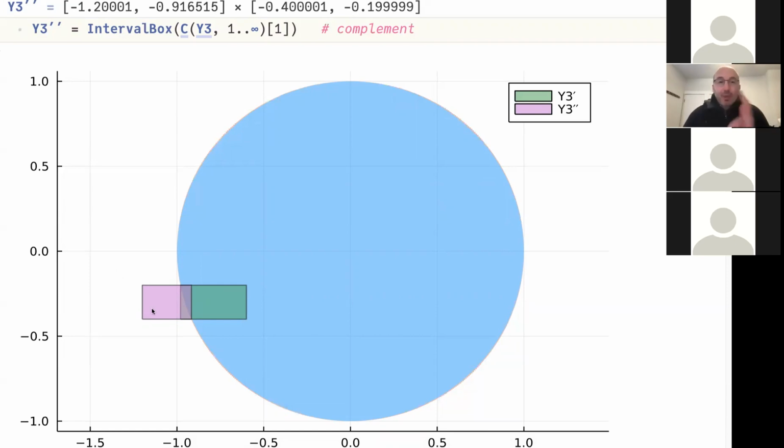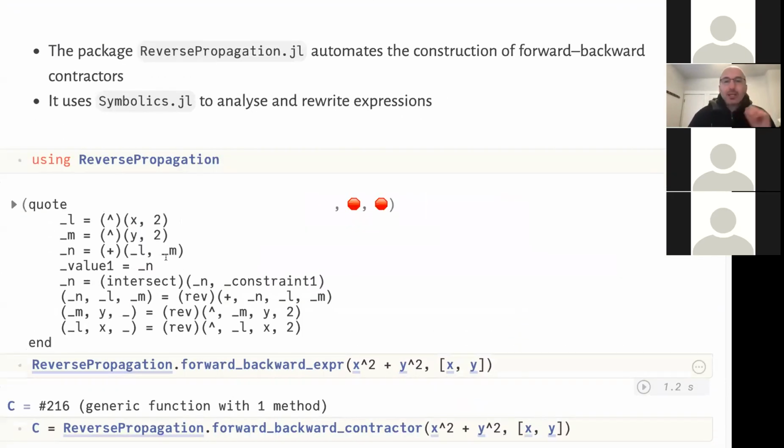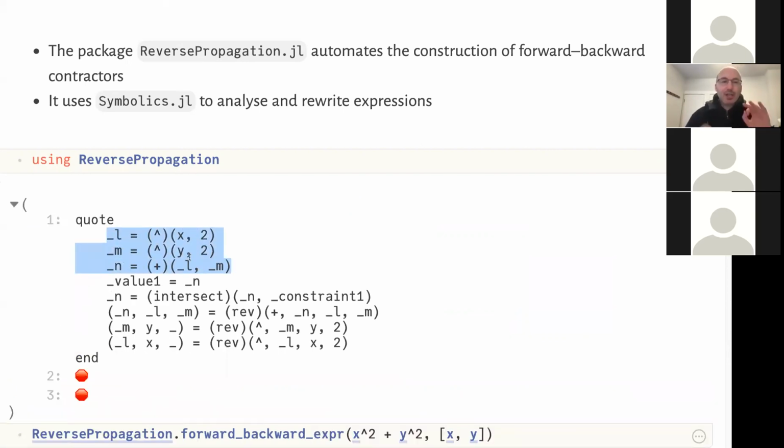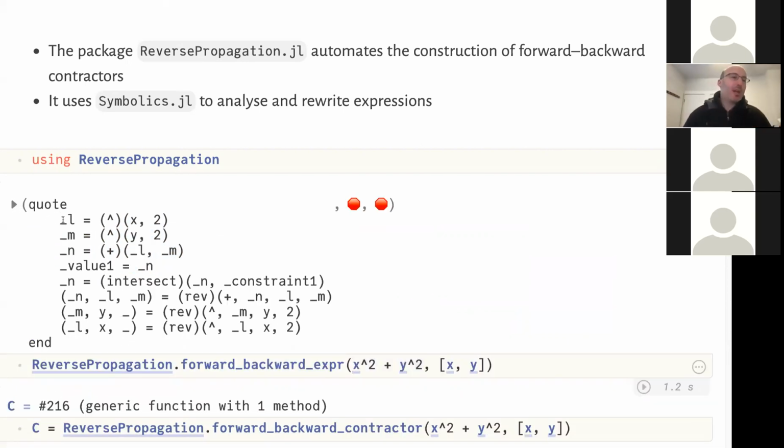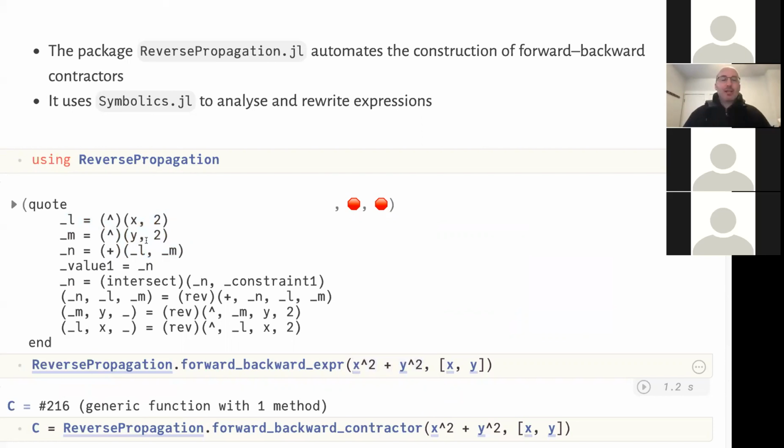And so where do these contractors come from? They come from, as I said, the expression, right? So here's the expression that I'm looking at, x squared plus y squared. And what I'm doing is taking it apart and putting it back together again. So I can think of the expression tree or computational graph of this function. And at each node of that tree, I'm going to create a new variable. Here are the variables. So this is actually generated Julia code. This is one of the great things about Julia, is that I can generate code in a relatively easy way. So this is actually code, but I can do the same thing with just symbolic expressions now using Symbolics.jl. So I can basically have a sort of symbolic version of